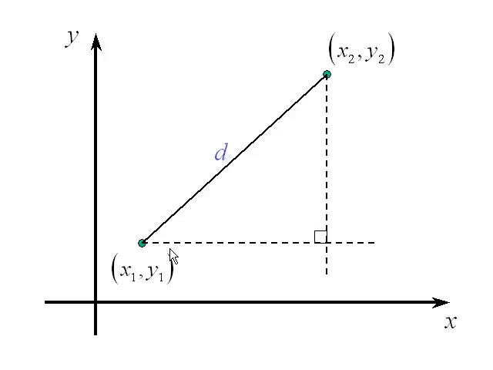And now let's keep track in this triangle of what the lengths of the sides are. d is what I'd like to know. This vertical side is how far you're going from this point up. Well, what are the coordinates of this point? This point has an x-coordinate and a y-coordinate. The x-coordinate is the same. You go as far over to get to this point as you go to get to this point. So the horizontal distance across matches. That's the x-coordinate. So this point has x-coordinate that matches this, x2. And it has y-coordinate, how far up you go, matches how far up you go to get to this point. So the y-coordinate is y1.